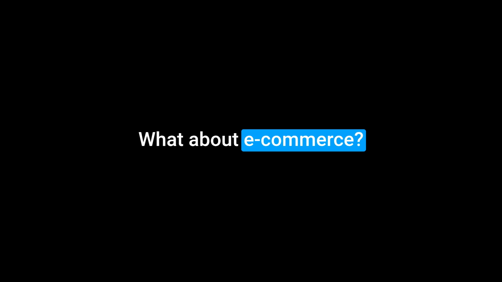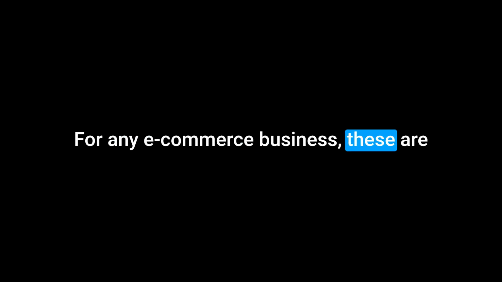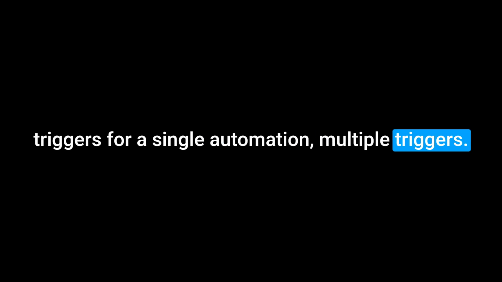What about e-commerce? Critically, MailerLite offers a robust suite of dedicated e-commerce triggers. Abandoned checkout, purchases any product, purchases specific product, and purchases from a specific category. For any e-commerce business, these are absolutely indispensable for highly targeted sales campaigns and recovery efforts. That sounds very focused on sales. It is. And here's a distinct advantage on MailerLite's advanced plan: the unique ability to use multiple triggers for a single automation. Multiple triggers. How does that work? It means an automation could start if either someone joins a group or clicks a specific link, for example. It offers a level of sophistication and conditional logic that's not always found elsewhere.